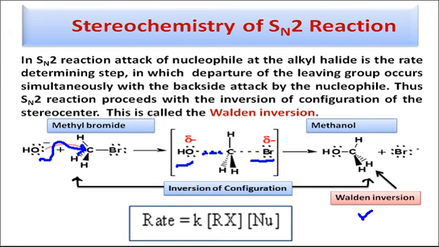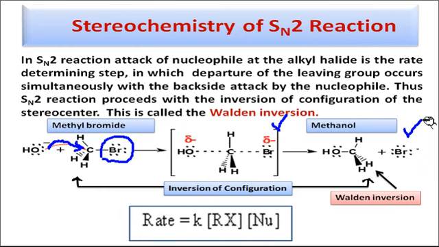That happens only due to the formation of this transition state, because there is no carbocation formation taking place in the SN2 reactions. In the SN2 reactions, leaving group departure and the attaching of the nucleophile take place in a single step only. So the possibility to attack the carbon center is only from the opposite side of the leaving group. That is why it happens with the inversion of the configuration only.